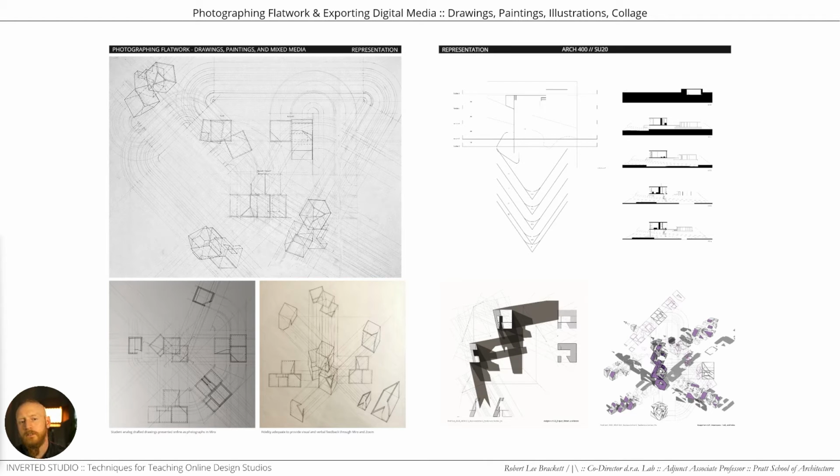Some of the drawings there on the left are from first year representation students in their first semester in college in an online course, and they were able to get a general consistent result that allows us to see the work and the quality level we need to review it. It also focuses some on the production of digital assets in a second semester, first year course, of being able to output properly resolutioned PDFs or images that share well on the platform and are interactable and help the students